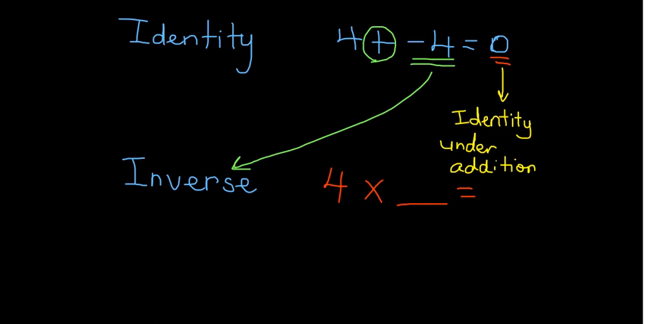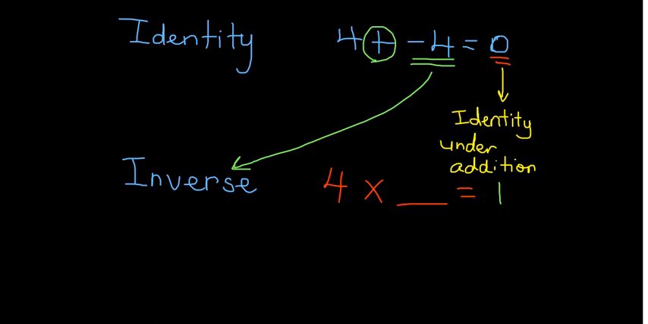What is the identity under multiplication? Anybody? 1. There we go, 1. So let's talk about this numerical statement. If I want to demonstrate, like how we did with 4 plus negative 4 is equal to 0, what would be the statement here for the inverse under multiplication, right? Ignore this piece yet. This is going to remain blank because I want to know what number I'm going to multiply 4 by, so that I should get back the